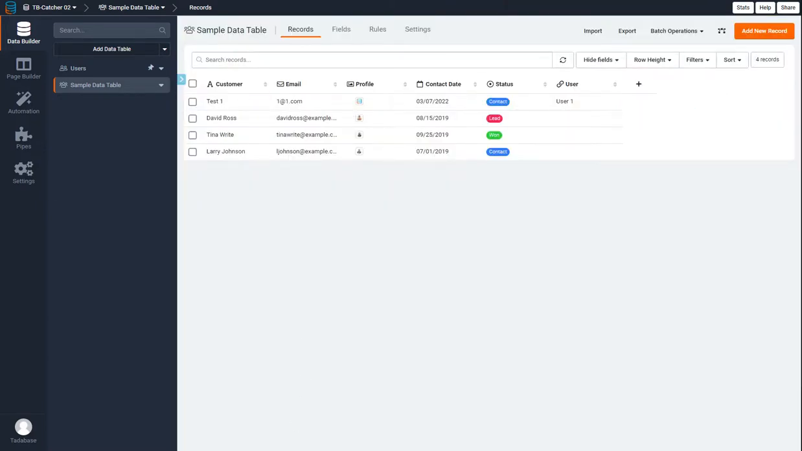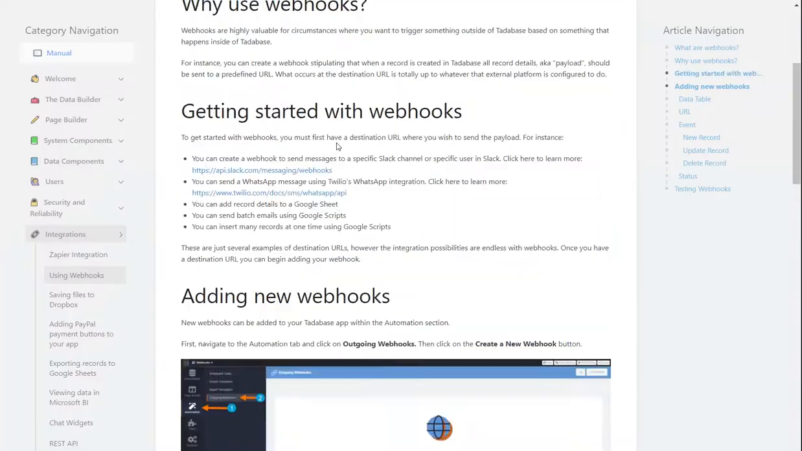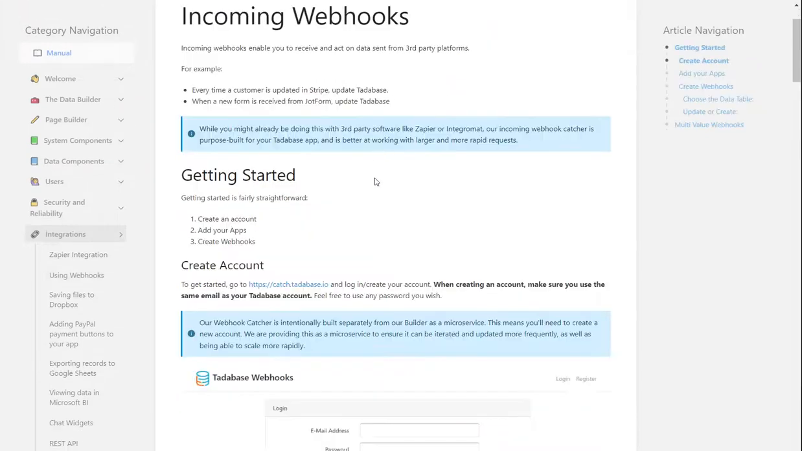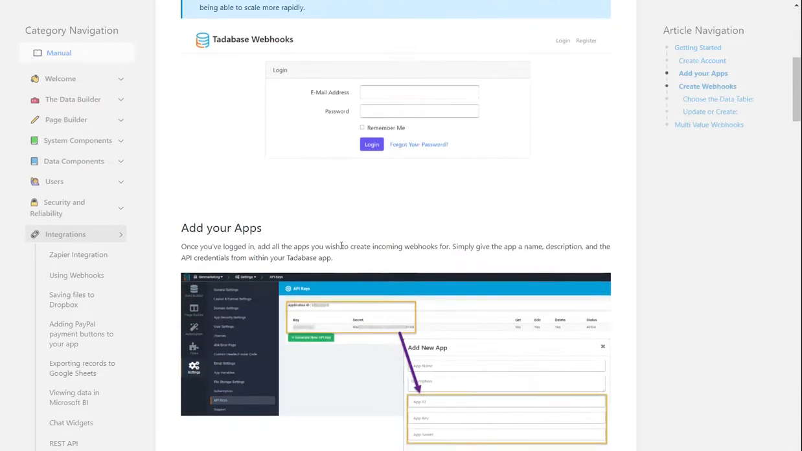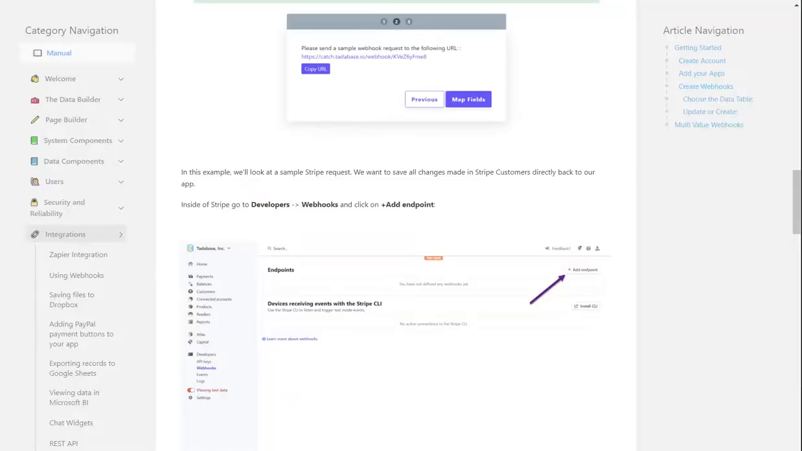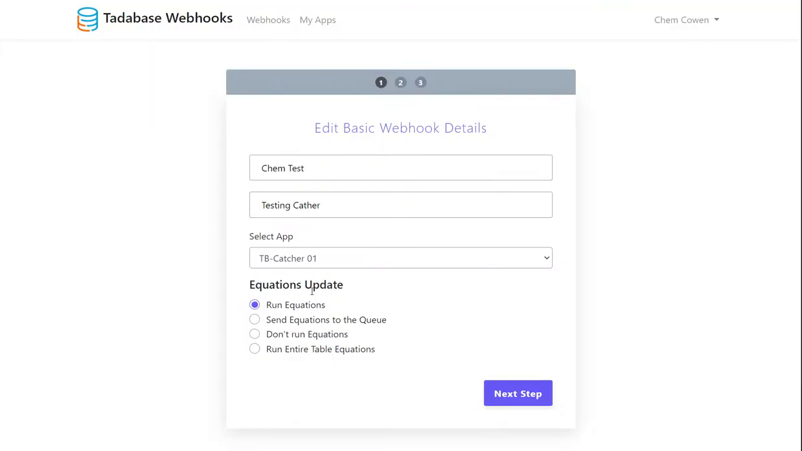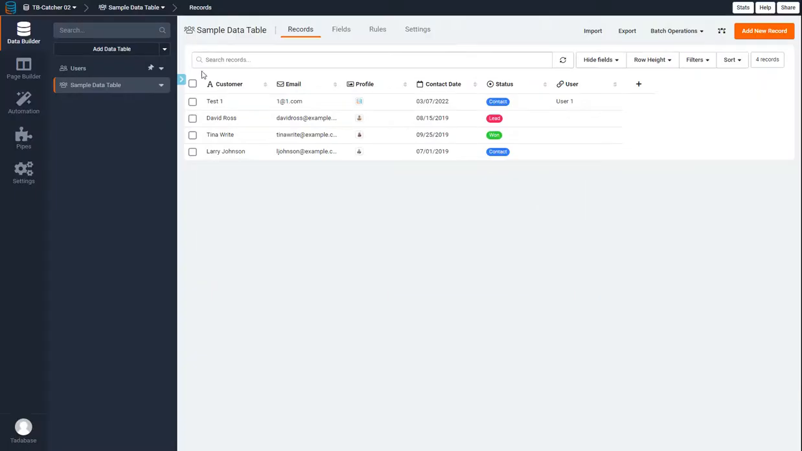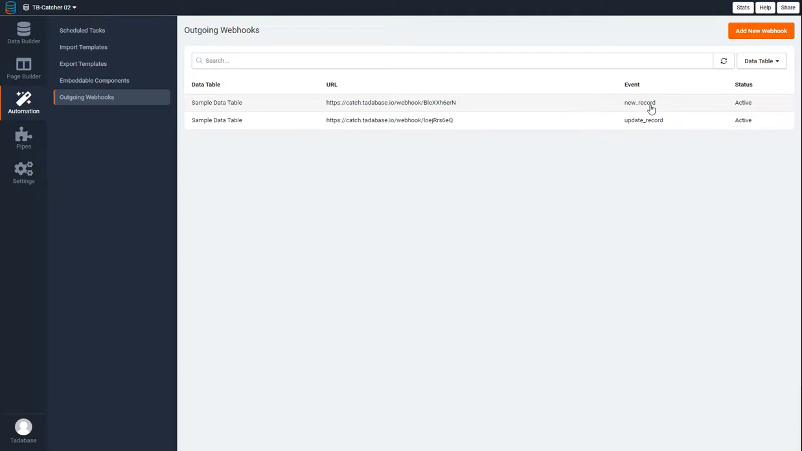So to accomplish this, there are further instructions in our documentation. You want to search for incoming webhooks, and you'll follow the instructions here to set it up and familiarize yourself with this feature. But just to show you, I am adding the webhook, set run equations. You'll copy this URL. And the app, this is the incoming webhooks, and this is where you want to set the outgoing webhook. So in automation, you'll add the webhook here,